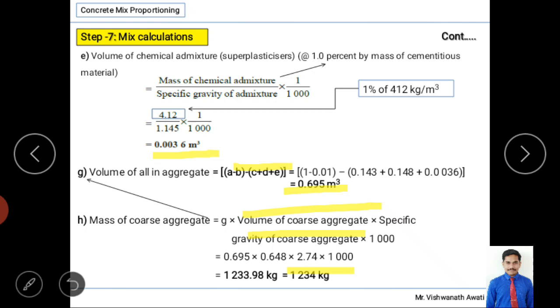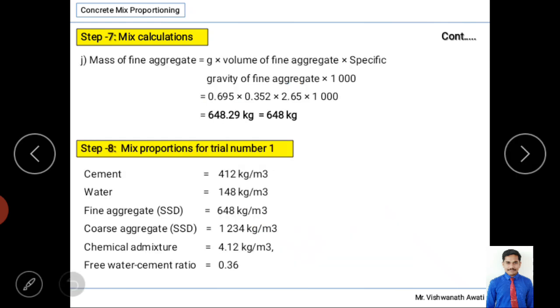Then after substituting, we will get approximately 1234 kg of mass of coarse aggregate. Next, similarly for mass of fine aggregate, same formula: G into volume of fine aggregate into specific gravity of fine aggregate into 1000. So then we know what is the G value,